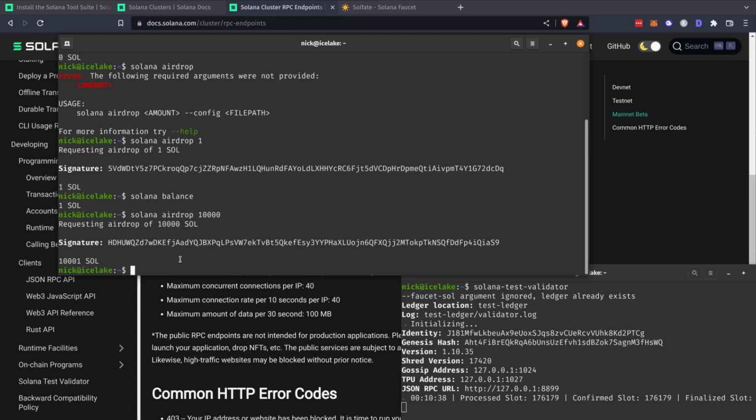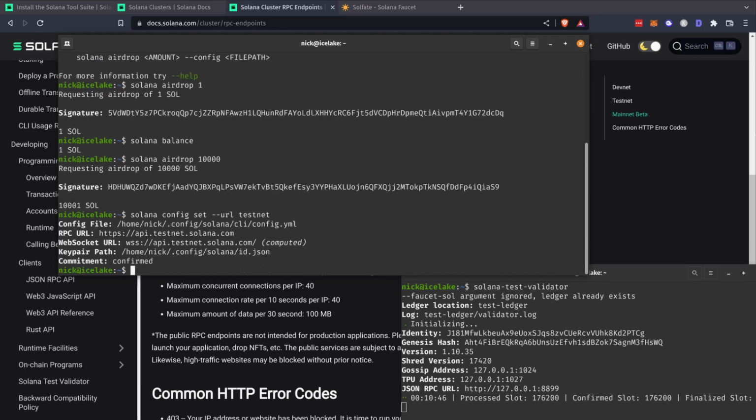So I'll go ahead and demonstrate what that looks like just so you can see it. I'll change my Solana configuration to the testnet. And you can see now I'm currently on testnet, and I'm using the same wallet address because the way that Solana addresses are generated, it's just that private public key, and that private key is still valid on every single Solana cluster. It's just the actual data that's stored with it, and that could be any of the metadata